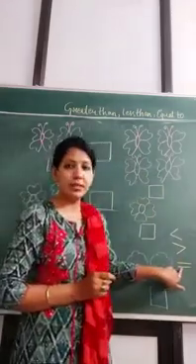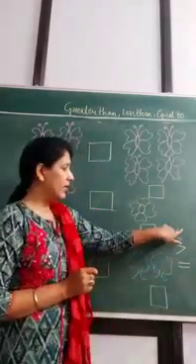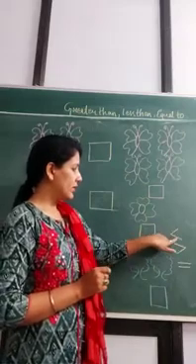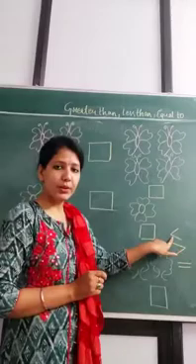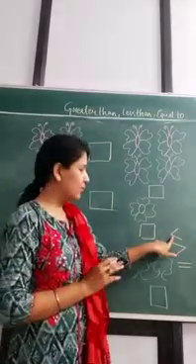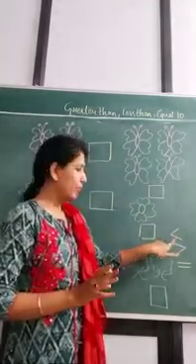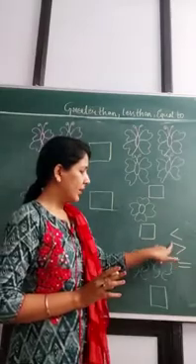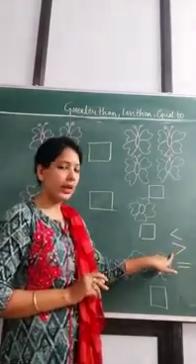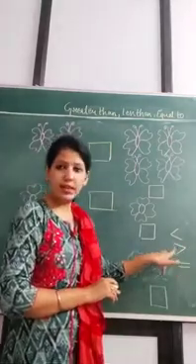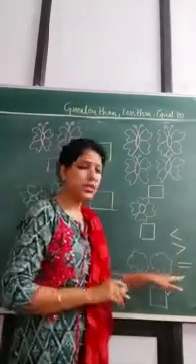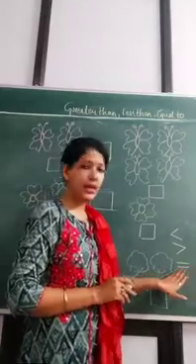This sign represents equal. So kids, when this sign is open towards an object, it represents that this number of objects is greater than this. When this sign is placed, we say that it is a less than sign. And when two objects are equal, we say them as equals to.